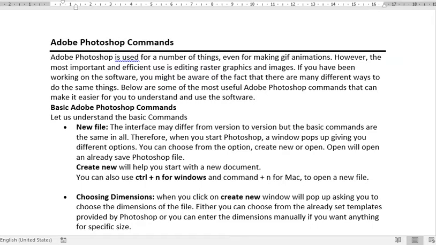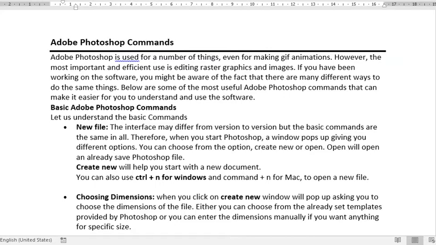As you know, Photoshop is a photo editing software. It is used for editing the photographs and making animation on photos. And it is a raster based editing application.